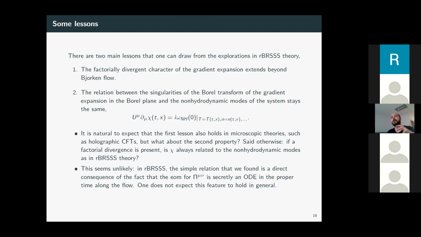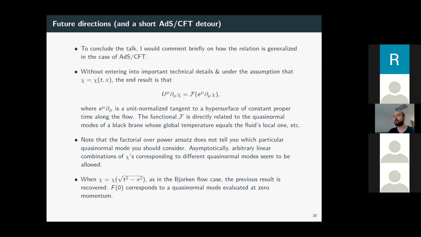So this factorial over power ansatz that worked so well in the BRS3 case can also be applied to holography. And we have done that, without entering into technical details, which are of course important. Here you would put forward this ansatz for every metric component, let's say. Assuming that this chi function is independent of the metric component you're considering, and also independent of the radial direction in the bulk, the end result that you get if you perform such an analysis is, schematically speaking, something I'm not going to present in full, because it would take me a lot of technical points to explain that I don't want to get into.